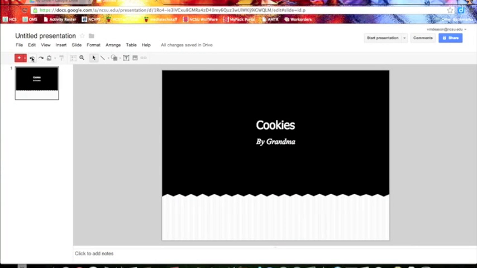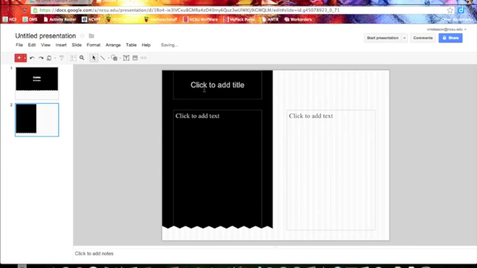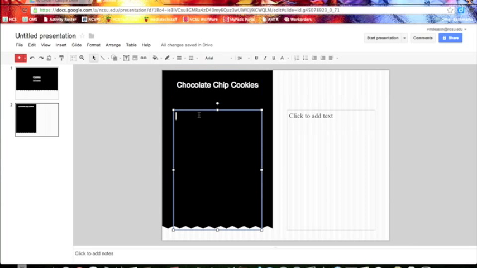Now we will add a second page by using the drop-down menu for the red plus button. I'm going to use the two-column format to enter our recipe information. Our new page is added after the title page. Just like the title page, click inside the text box to add text. I'm going to make the left column the ingredients list. After adding the title,